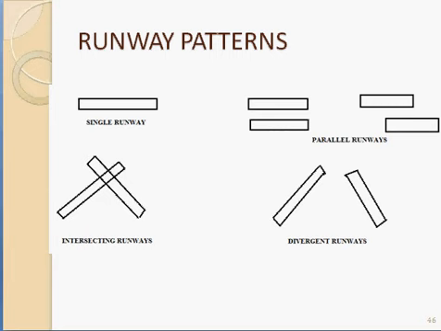This will be provided mainly if the volume to be handled is very high and it cannot be handled by a single runway alone. Next is intersecting runway. These are provided when the wind obtained for one runway is not sufficient for accommodating the traffic capacity throughout the year. So if the wind is blowing in this direction, you can use this runway, and if it is in this direction, you can use this one. So both of these two cannot be used simultaneously. In the case of divergent runways also, these two cannot be used simultaneously. We can use these two at different timings, but the capacity will be more than the intersecting runways.